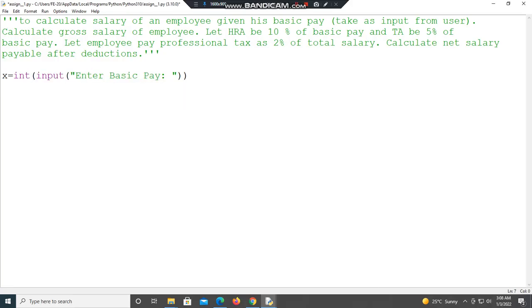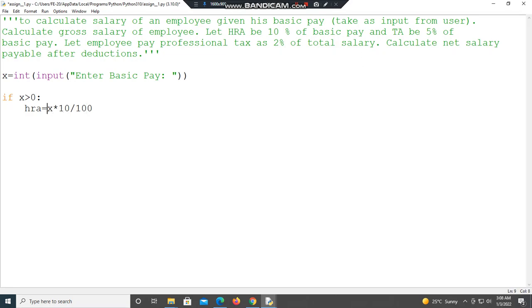Then you need to check whether the value is positive or not. To check it, you will require if x is greater than 0. You need to calculate the HRA. HRA is equal to your basic pay into 10 divided by 100, which is 10% of your basic pay.